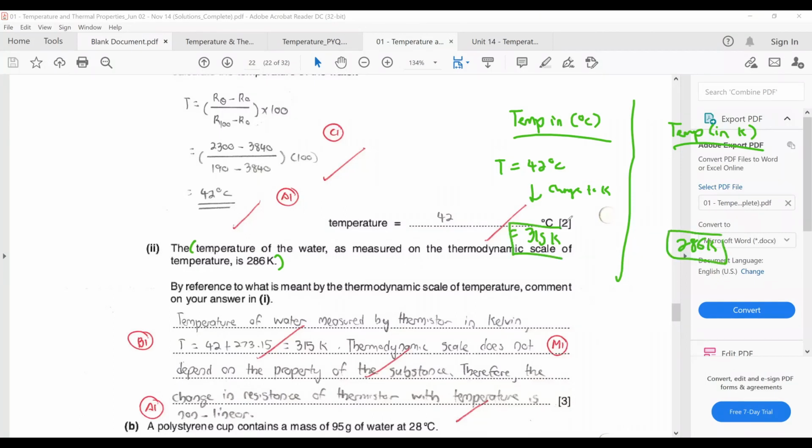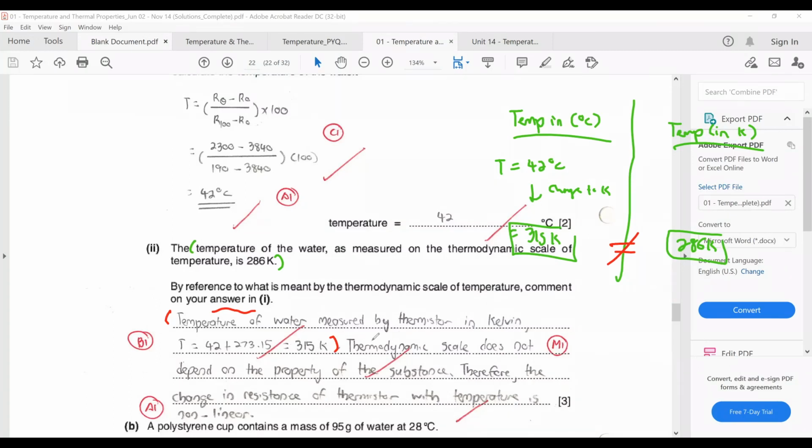But then this one, when measured in degree centigrade scale and then changed to Kelvin, gives you this. So the thing here is that this and this somehow are not the same. So they're asking you to comment on your answer in 1. What could explain why this and this are not the same? So here you are just saying that the temperature of water measured by thermistor, changed to Kelvin, is 315